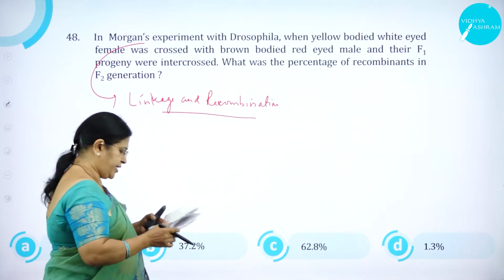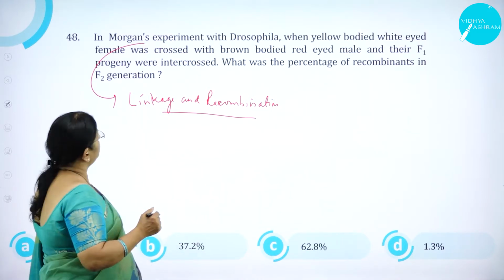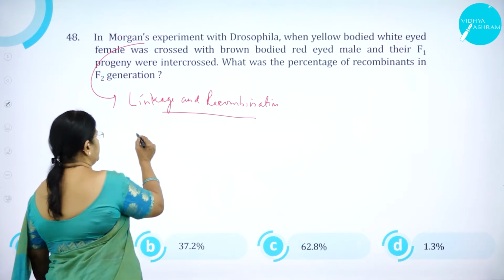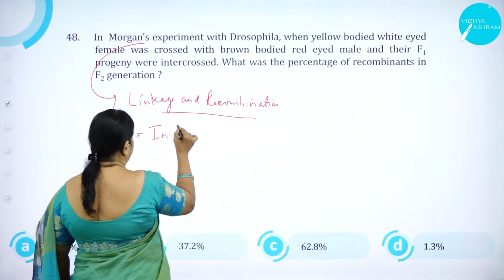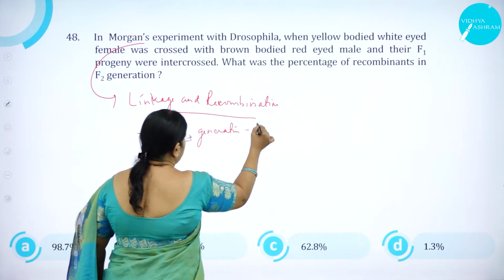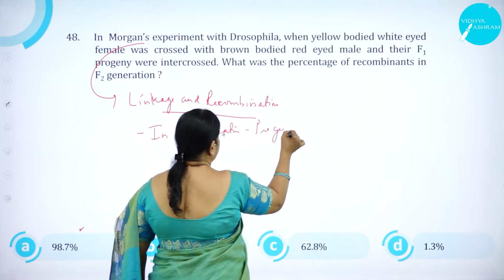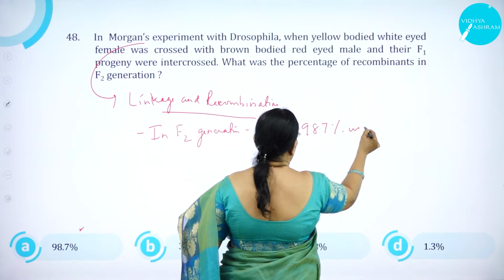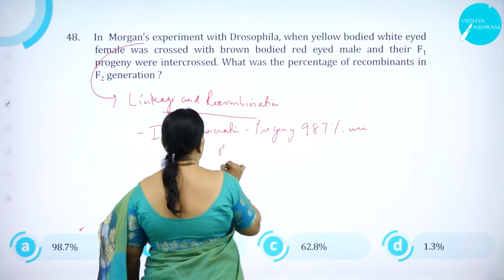So in F2 generation, the progeny, that is around 98.7%, were of